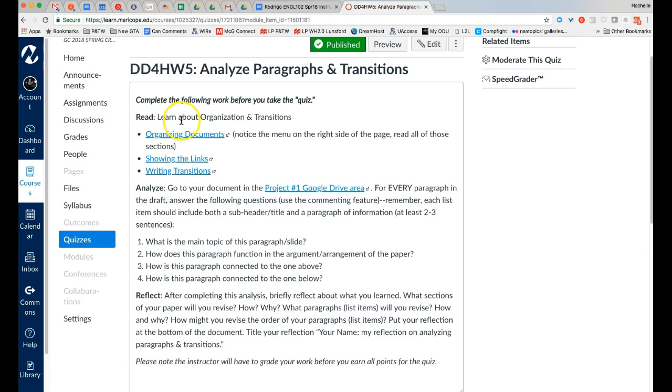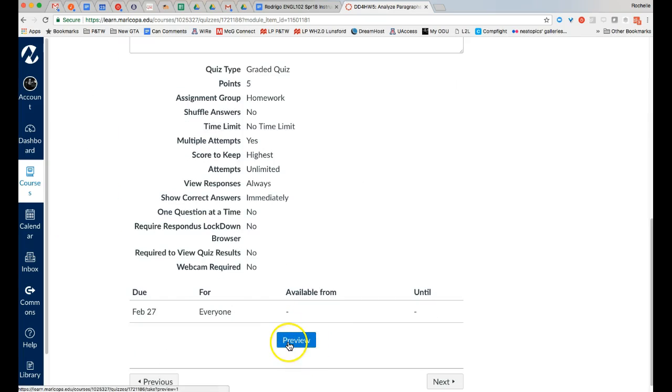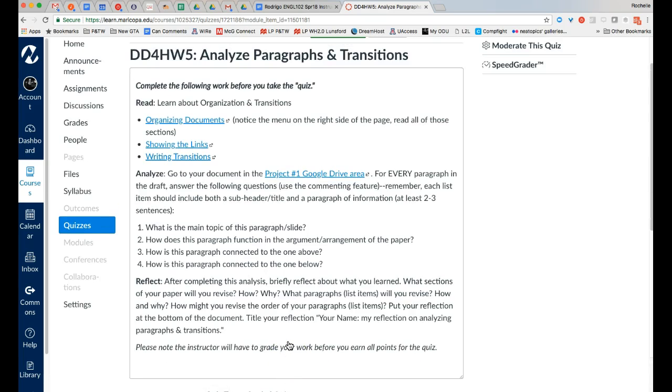But here's the thing, you're going to do all of that. And when you're done doing all of that, you're going to come here and you're going to take, for you, it's going to say something different than preview, you're going to take the quiz. And the quiz is just basically going to be like, hey, did you do the reading? Did you do this work? Give me the URL to your survey. Paste it, make sure you did the reflection. And just be warned,